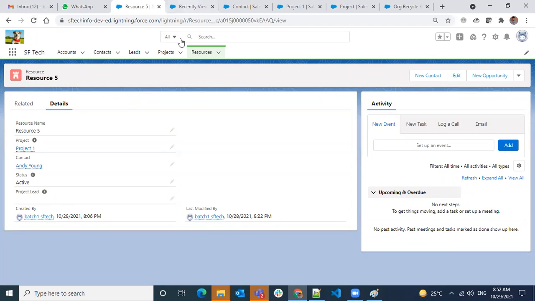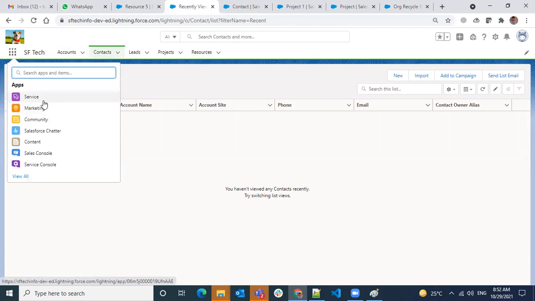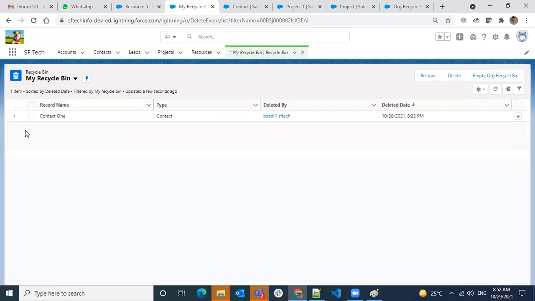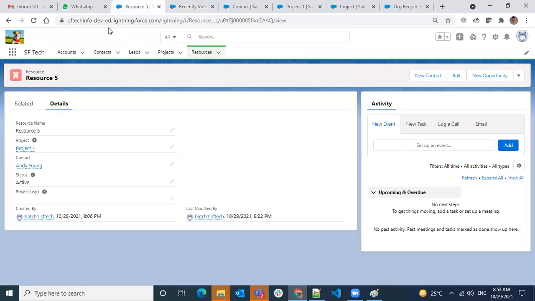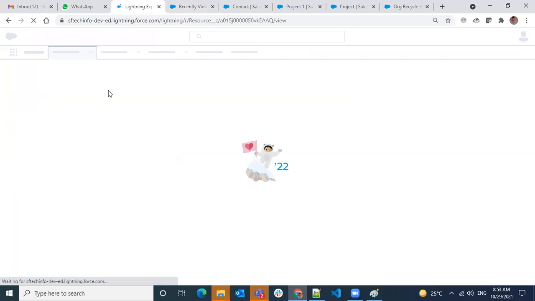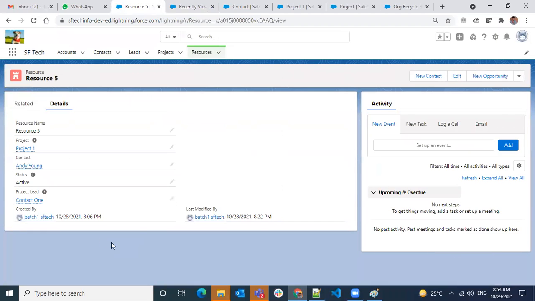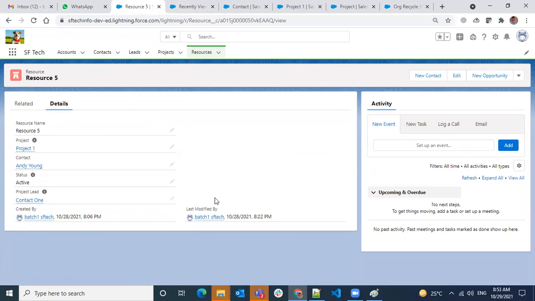Nothing happened to it. Now if I make that field required, let's see. But before that I want to go to the recycle bin and undelete contact one. Just do a restore and go to contacts, and see we have the contact now. Even though the record was deleted, let's see what happened here. See, here we regained the value. If you have not changed this value, then you can regain it here.